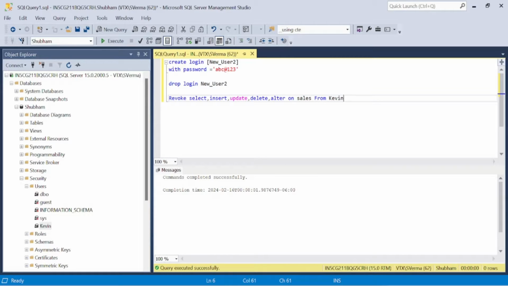Let's give only one permission to Kevin. He can only use the select command. So I'll simply write grant select on table name to Kevin. So we have just granted only one permission to Kevin. He can only see the table. And now let me disconnect this